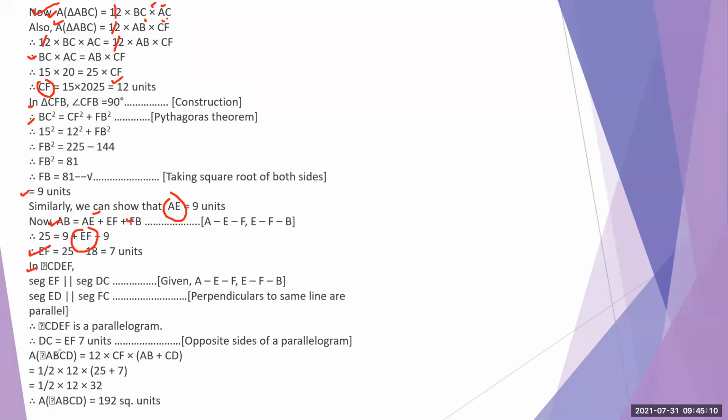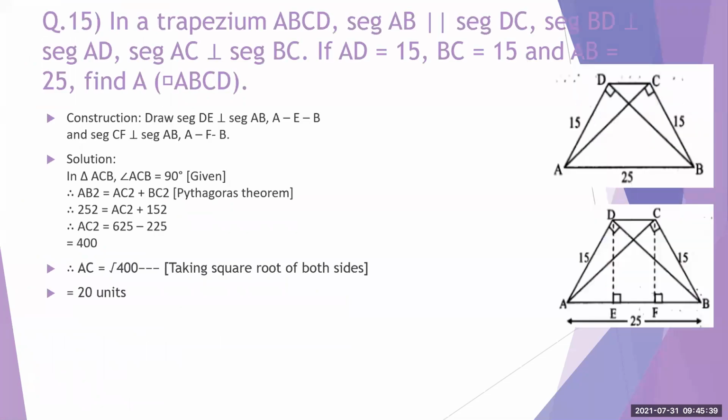In that trapezium, all the things were written, and this is the formula. Then area of trapezium is equal to 1/2 times height into sum of the opposite sides. अब सिर्फ सारी values यहाँ पे put की and we get area of quadrilateral ABCD is equal to 192 square centimeter. कुछ भी नहीं किया स्टूडेंट, इतना बड़ा लंबी question है बट हमने यहाँ पे सिर्फ और सिर्फ values find out की है. Nothing else, we are using the Pythagoras theorem. सिर्फ हमने यहाँ पे ये सब find out किया है.